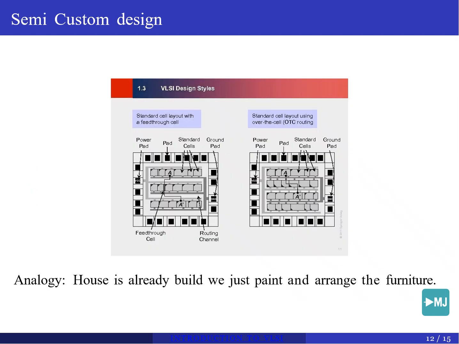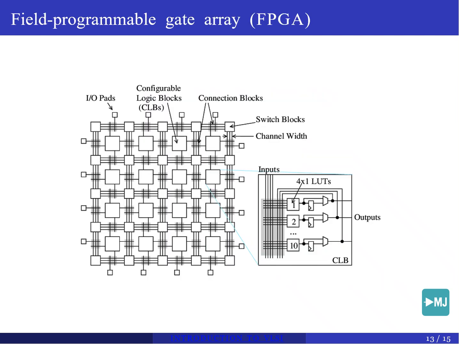Next, we have semi-custom design. Here you use pre-designed blocks, which are called standard cells. Your job is to arrange these blocks and wire them together. Using our house analogy, this is like having a house that is already built, and your job is just to paint it and arrange the furniture inside. It is much faster and more efficient than full custom design, but you give up some performance